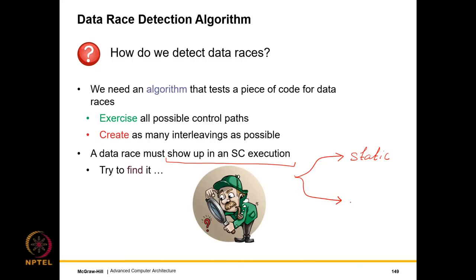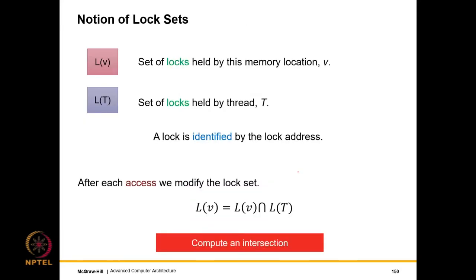So that's the reason we do a dynamic approach where we instrument the program. Instrumenting basically means we just record which variables we are reading and writing to and try to see if there is a data race. If you run a program millions of times, and there is a data race, there is a very high likelihood that it will show up. We'll discuss two algorithms. One is the algorithm based on lock sets, and the other is the algorithm based on vector clocks. First I will discuss the algorithm based on lock sets.